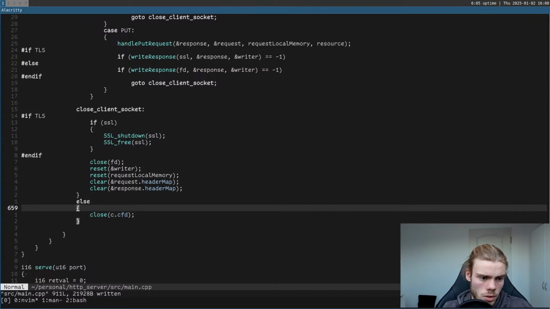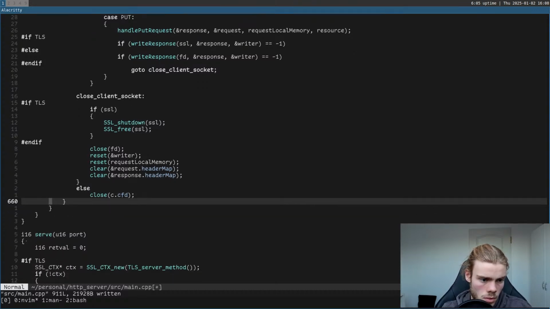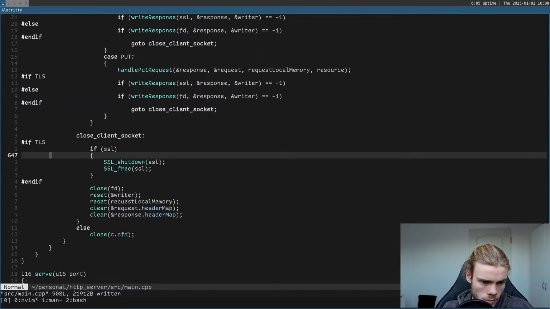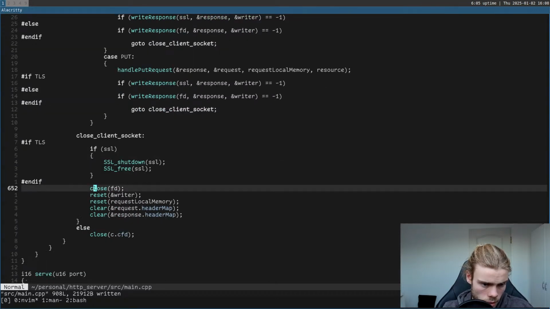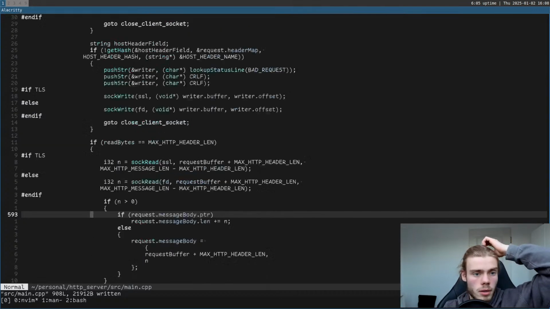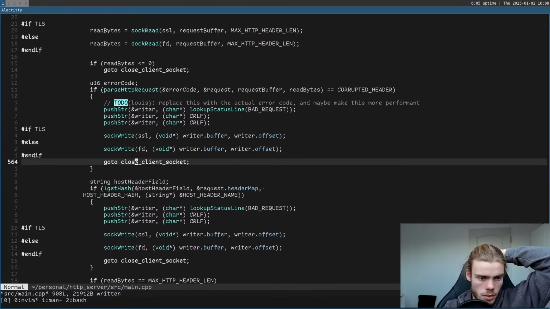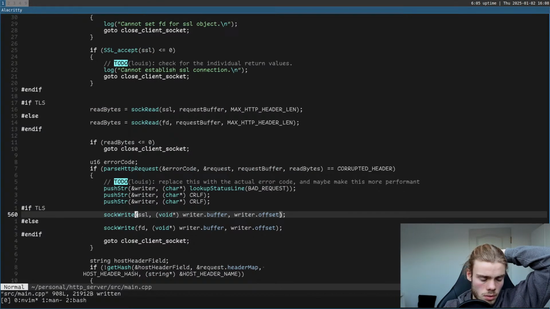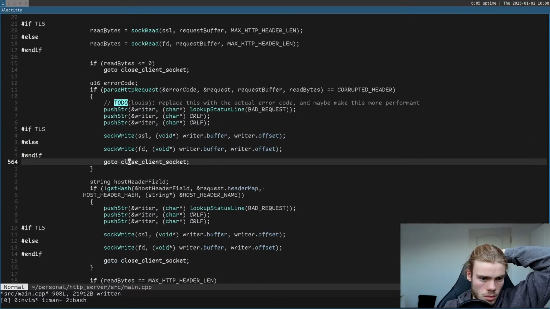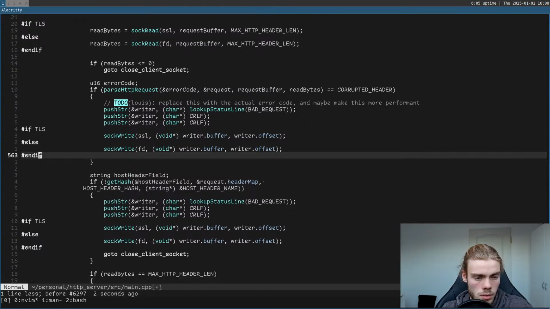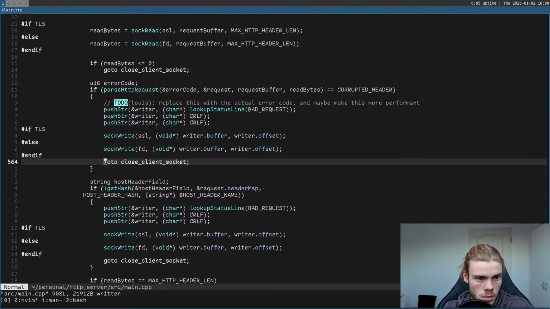So this should just close the client file descriptor. Of course, if an error occurs here, then we can also close this. So it would be something like close